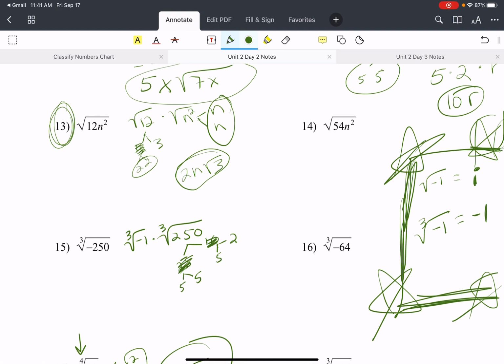It's a cube root, so I want triples, right? Is the one that you crossed out, is that 30? 25 and 10. It's a cube root, right? So I want triples. Do I have any? The 5s. So 5 cube root of my leftover